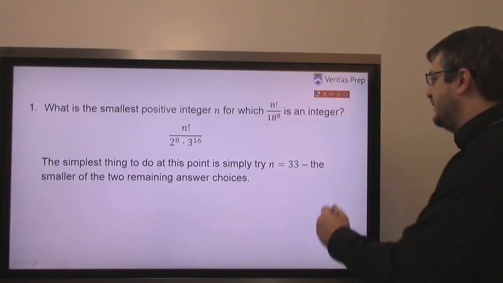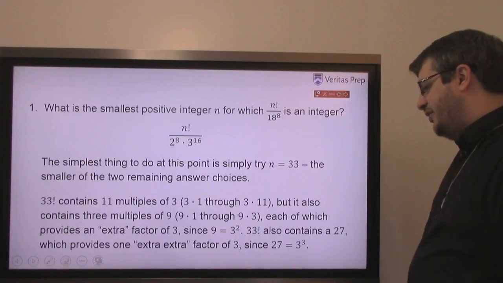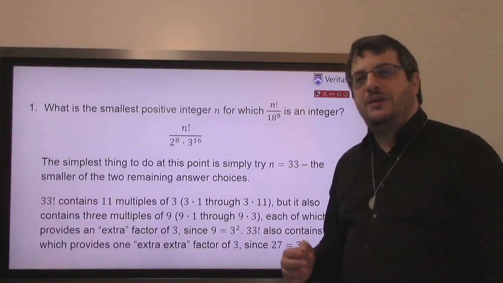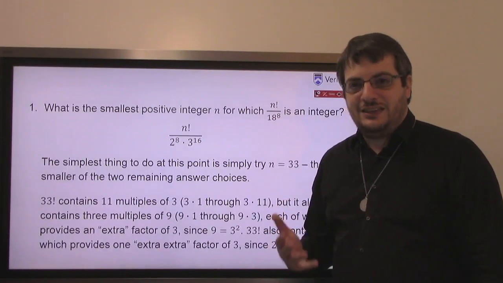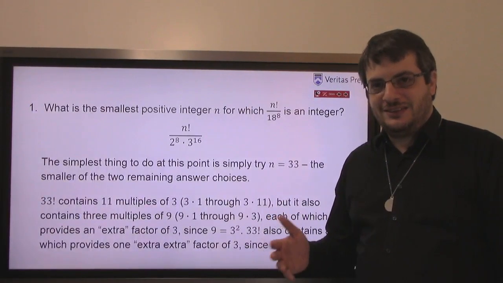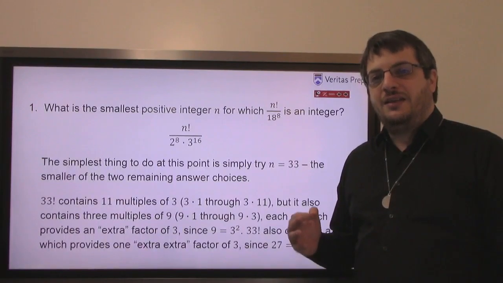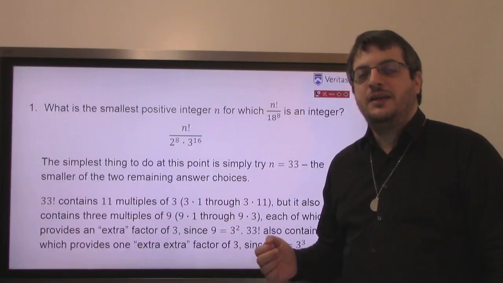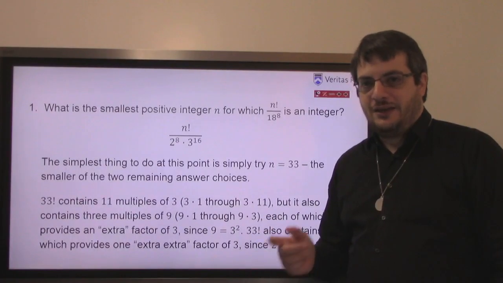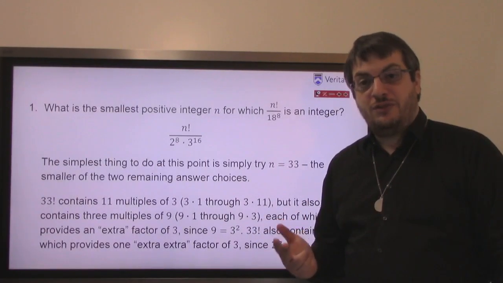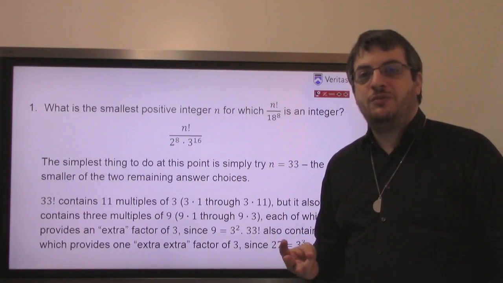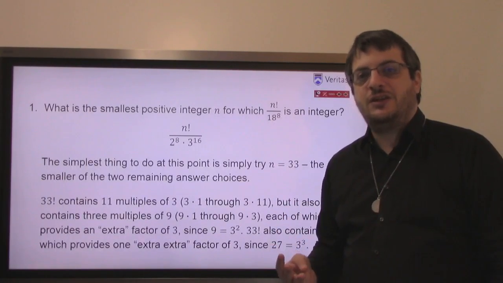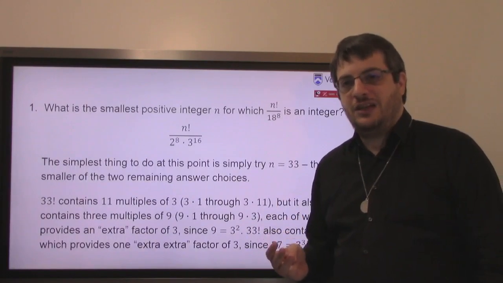Let's just count the 3s in 33 factorial. Now, if I do this, I can say, well, clearly there's at least 11 3s. Because 3 times 1 through 3 times 11. But now the next thing to notice is I get extra 3s. That's why 48 wasn't the answer, because of those extra 3s. And in 33 factorial, every time I hit a 3 squared, which is a 9, I get an extra 3. I get an extra 3 from 9. I get an extra 3 from 18. I get an extra 3 from 27. That's 3 more 3s on top of the 11 I already had. That's 14 3s I've got right now.